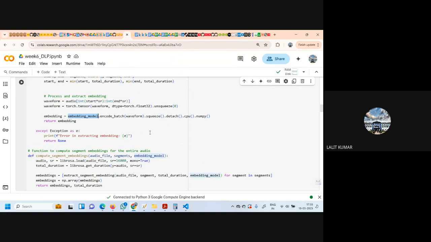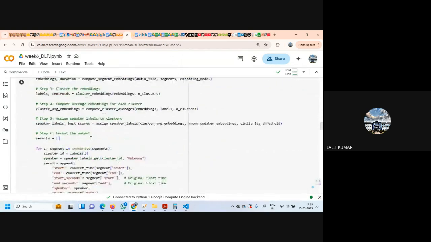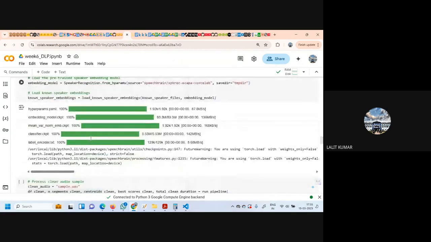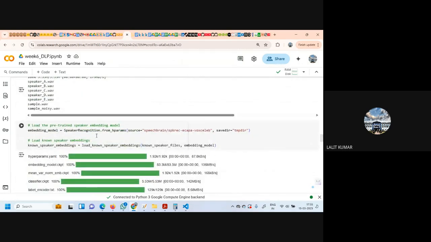See, Librosa is loading your audio file, and whatever you want to extract from that audio file, you are extracting. It is not doing any embedding on that. Embedding you are doing with this embedding model, and I'll show you where we have defined it. See, this is the embedding model.